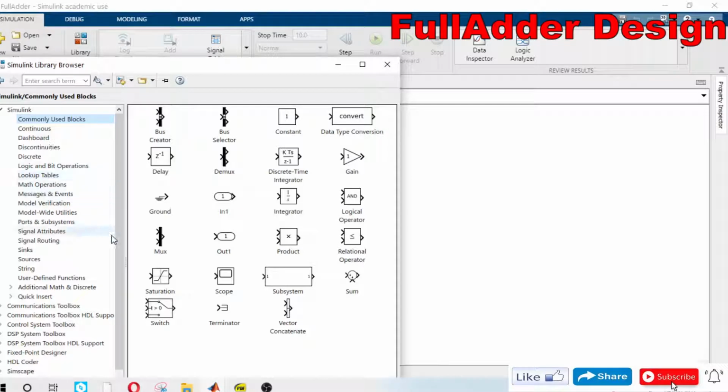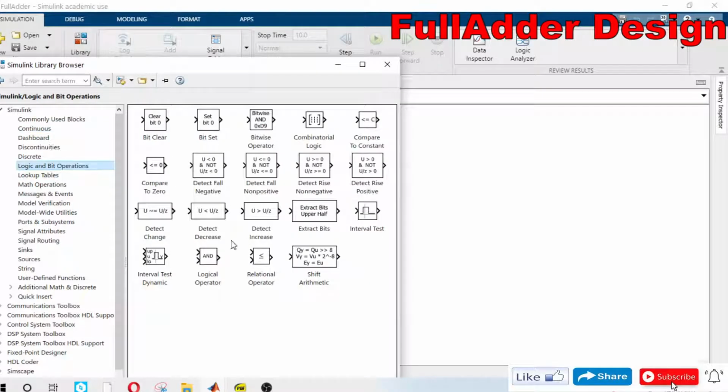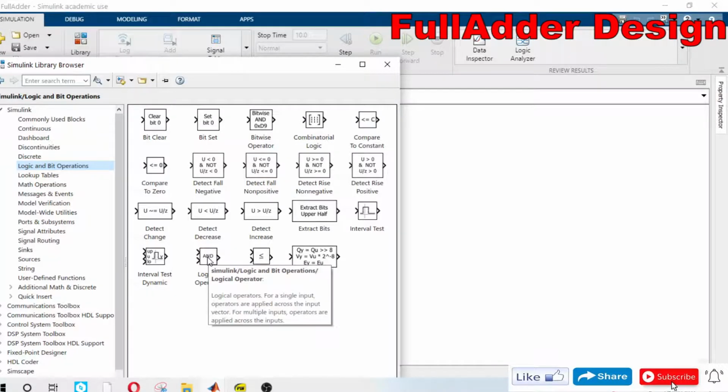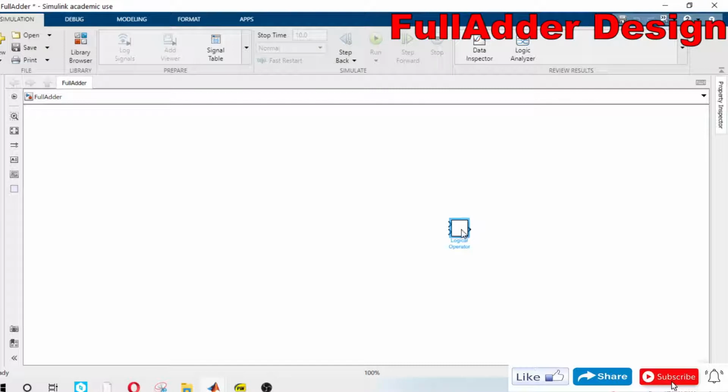Continue to the logical and bitwise, in which we select the logical operator and just drag and drop here. Once it is done, we need one AND gate.